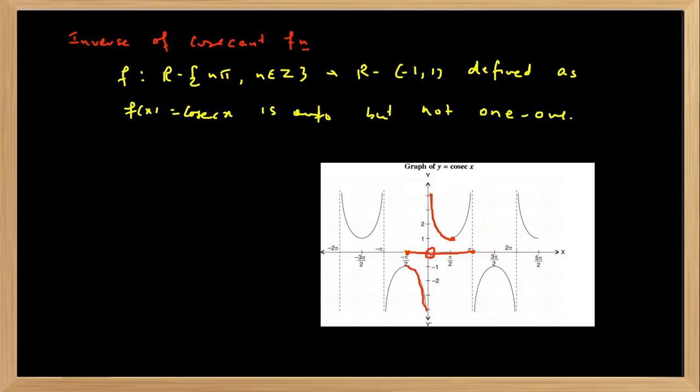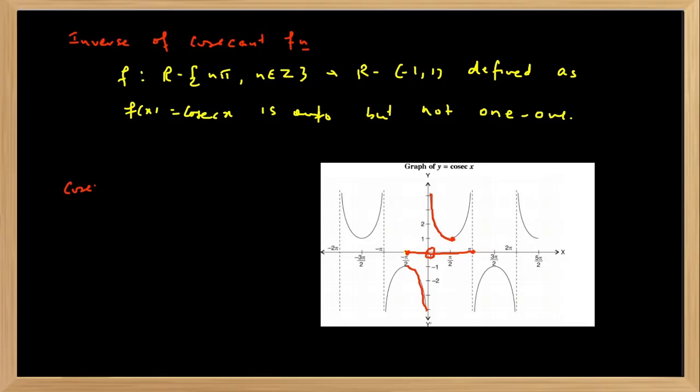Now consider this graph. This is now 1-1 because no horizontal line will cut the graph at more than 1 point if you remove the other parts. Similarly, you can take π/2 to 3π/2. So this will go from 1 to infinity, and here -infinity to -1. So π/2 to 3π/2 will be another branch where the function can be defined. 3π/2 to 5π/2 also. So the principal value branch is that branch which contains at least some part of the first quadrant.